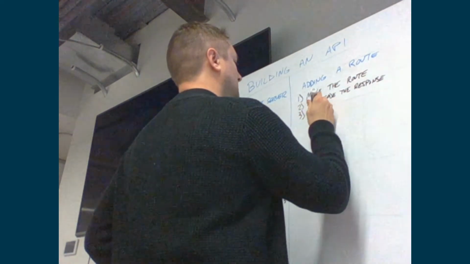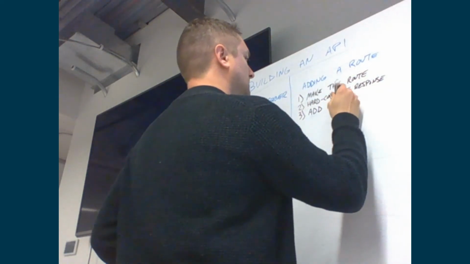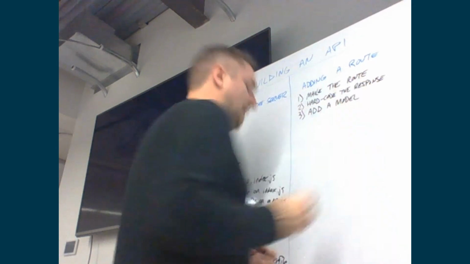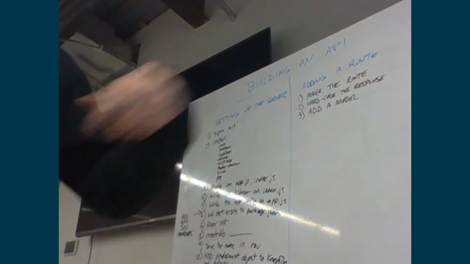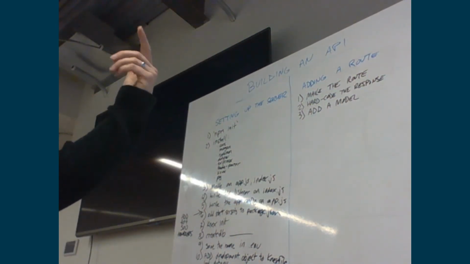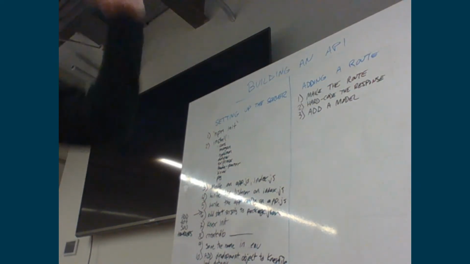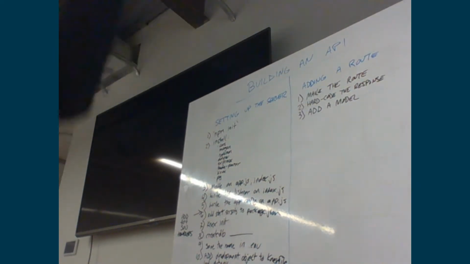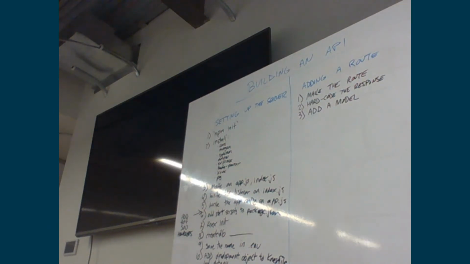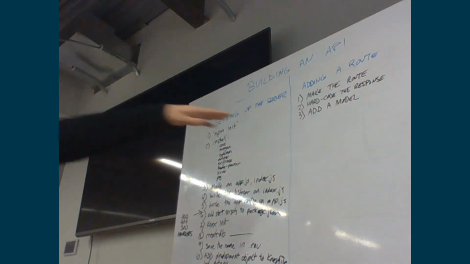Add a model. In some of the exercises, I just had you put all these things in a queries file. In real life, you want to group those together with all the different types of things that you're dealing with. So, I have make a model,